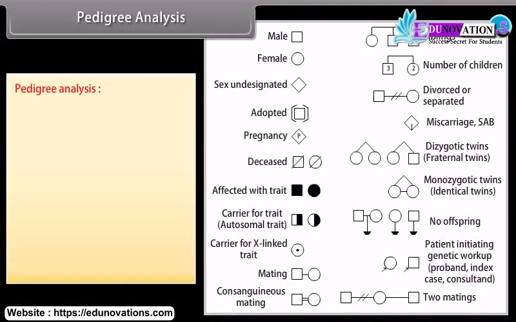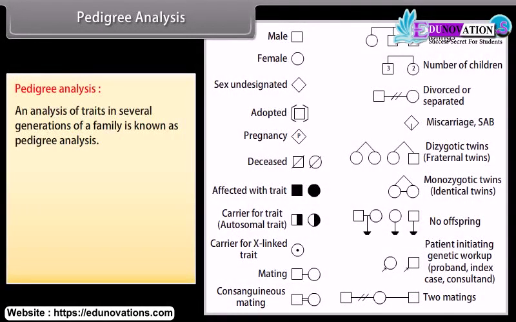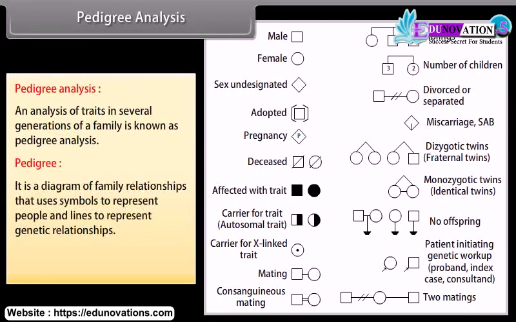Pedigree analysis. An analysis of traits in several generations of a family is known as pedigree analysis. Pedigree: it is a diagram of family relationships that uses symbols to represent people and lines to represent genetic relationships. Some basic symbols used in a pedigree are: